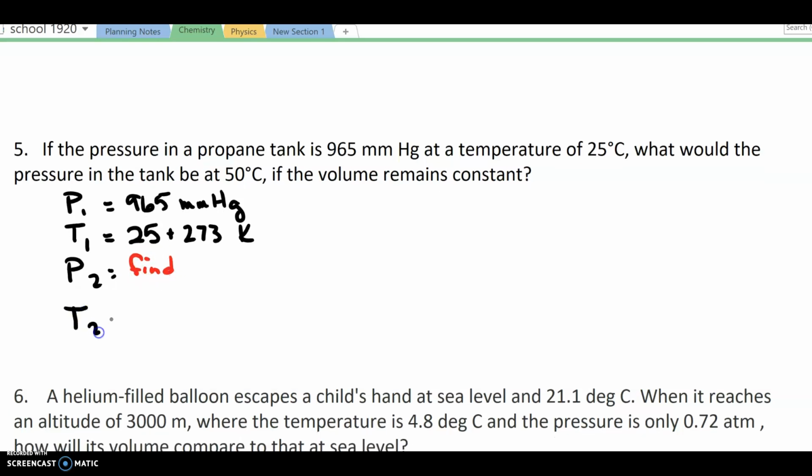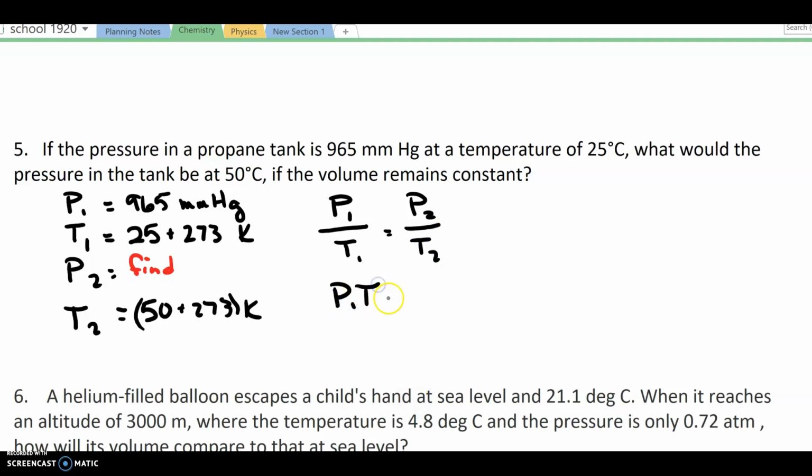And T2 is started with 50 plus 273, and that'll be in Kelvin. And this relationship between pressure and temperature, P1 over T1 equals P2 over T2. I'm asking you to find P2, so multiply both sides by T2. P1 times T2 over T1 equals P2, which would be